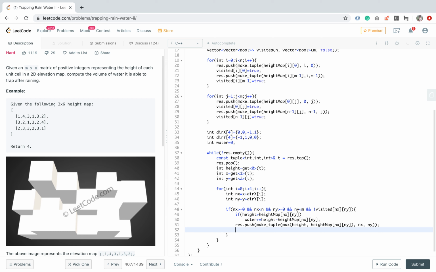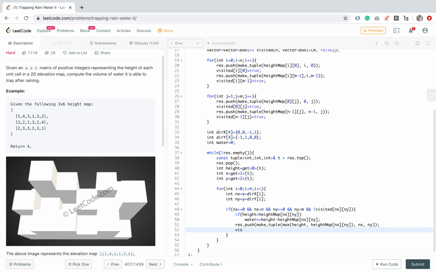But if the height of the neighboring node is less, then we will add water, so the current height will be the height of the neighboring node plus water, that means that is equal to the height. So that's why we are making it a max of the height and the height of the neighboring node.